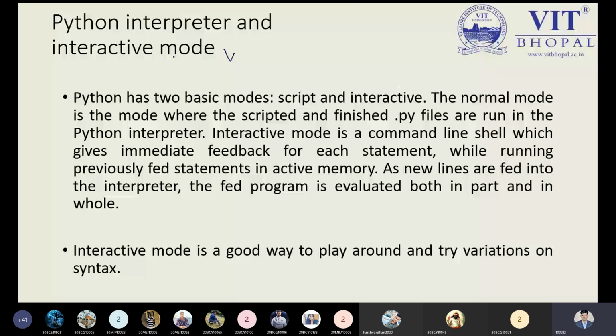Let me explain more in a simple way. Python interpreter, we have already discussed what is meant by the interpreter. Basically, it is a system program of Python which interprets the statement and transforms it into machine language. If there is no error, there is no problem. If there is an error in such a line or statement, then it reports an error. This is the Python interpreter.